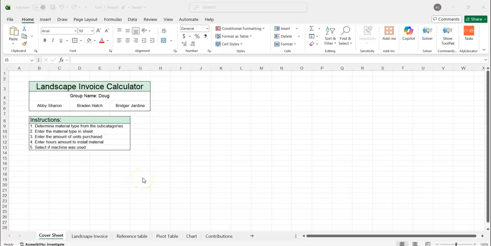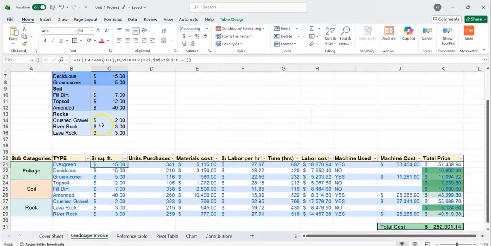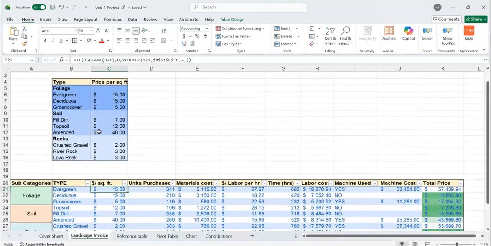Hello, here is our landscape invoice calculator. Here we have our cover sheet with our group name and the names of the members in our group, and then here's all the instructions how to use the sheet. Okay, if we go to our landscape invoice, you can see we have a table that lays out all of